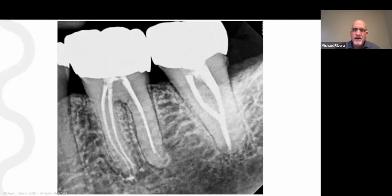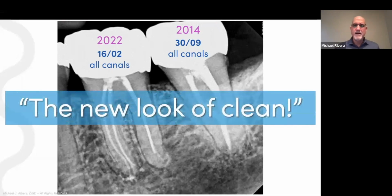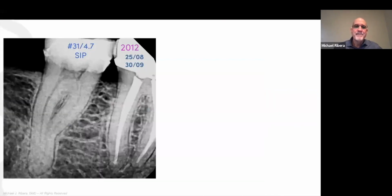The tooth on the right side, tooth number 18, was treated years ago. These are 3009 to length. This was done in 2022, 1602, and you can see how we have become so much more conservative. The new look of clean is what we like to talk about. I am going a little